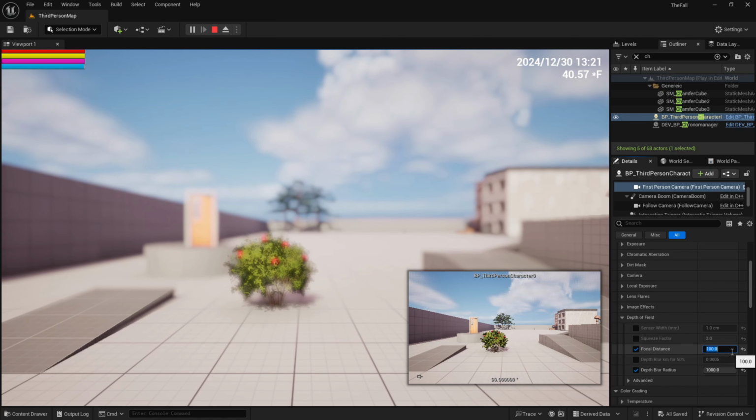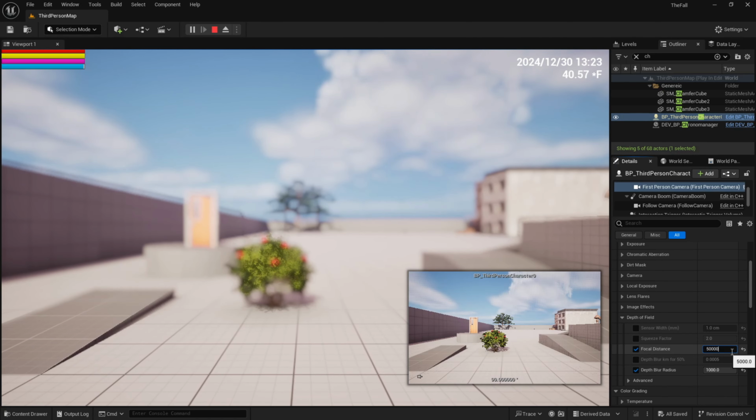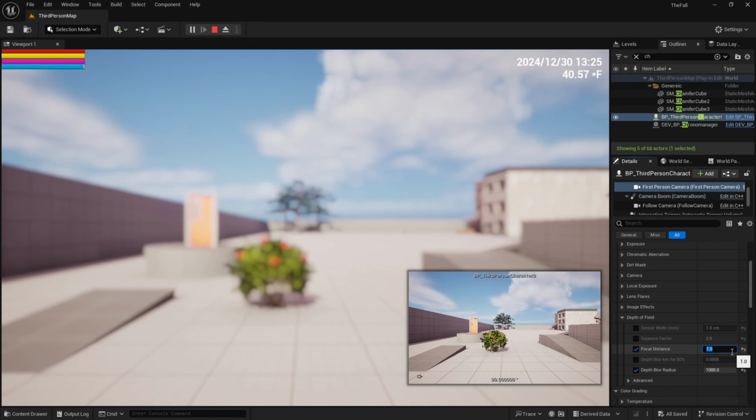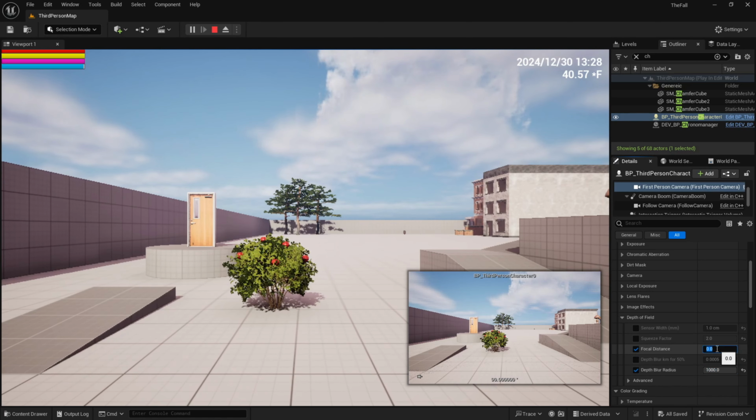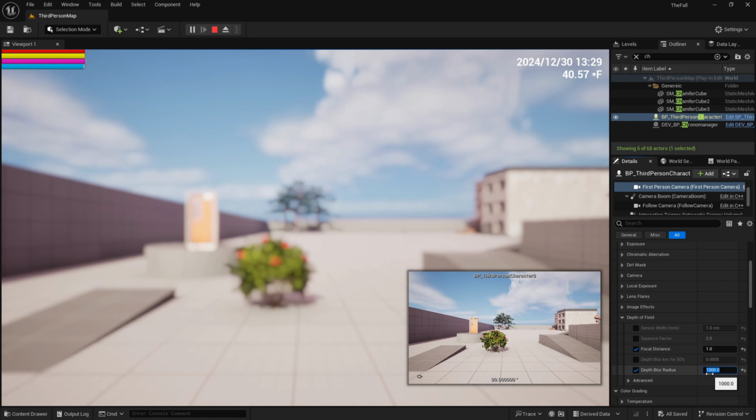You can see in front of us pretty clearly. 500. 5,000. 50,000. Okay, so turn off our focal distance and our depth blur radius. I think we keep, actually, let's put that back to 1. Let's see, we want 500, 1, 0. Okay, depth blur radius doesn't seem to actually do anything. Our focal distance is